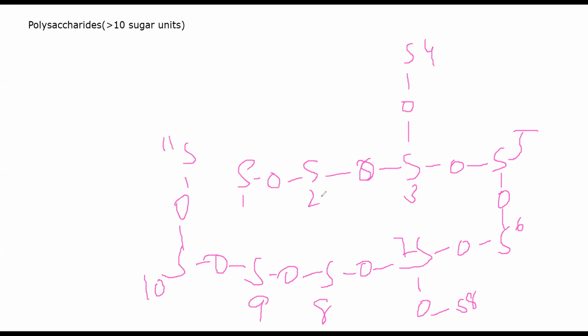Now here you can have a lot of variability. So this can be sugar type 1. All of them can be the same sugar, in the sense that that will be a homopolysaccharide, where all the sugars in a polysaccharide are the same. For example, your glycogen, your starch, your chitin, all of them will have the same sugar molecule. Let's suppose I'm talking about glycogen, that is a homopolysaccharide. Glycogen will have glucose being attached to each other more than 13 times. So that will make the simplest form of glycogen. Normally you have 25,000 units, but the simplest molecule of glycogen will have around 13 to 16 units of glucose attached to each other.